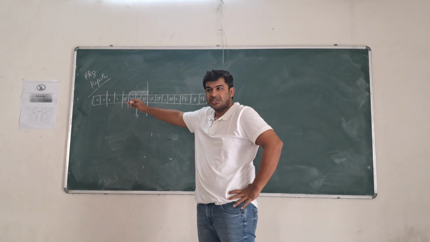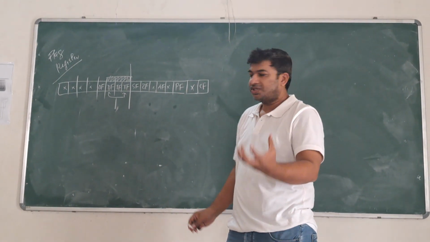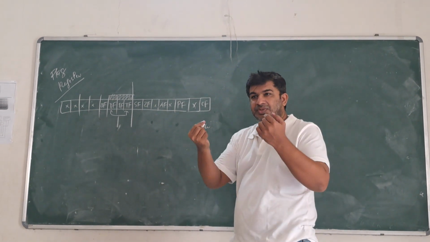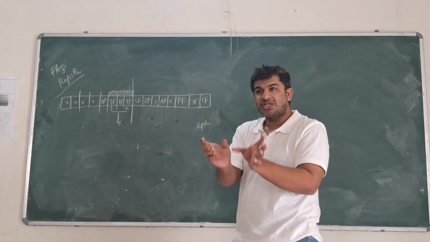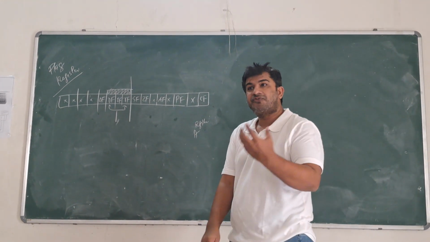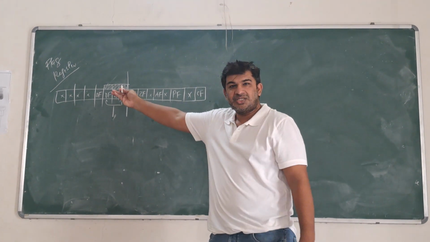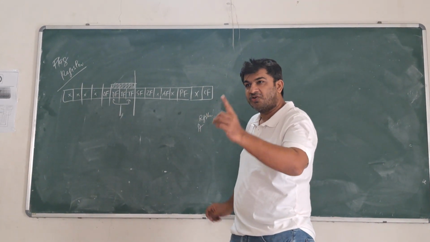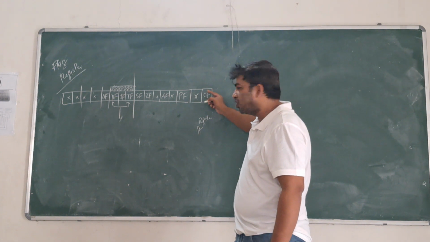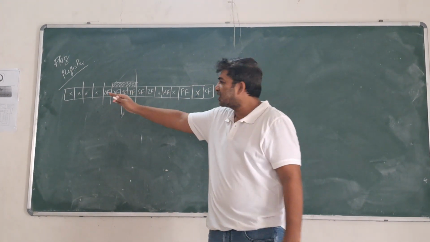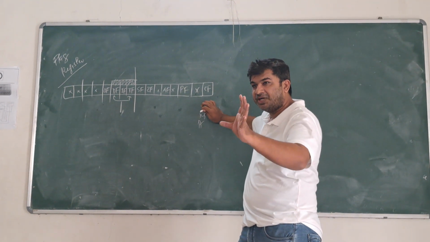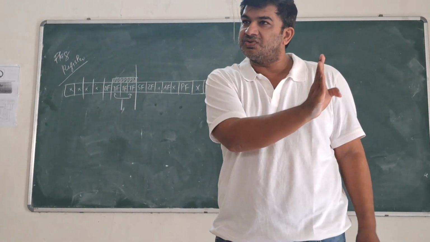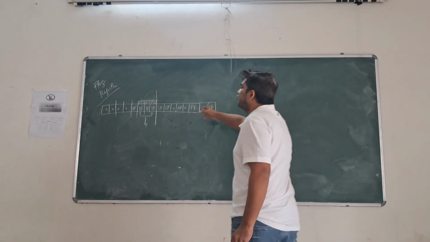In a register, I hope in digital electronics you have studied what a register is. Register is a thing where you can store some data. How are we storing the data? Using flip-flops. If it is a 16-bit register, it contains 16 flip-flops. One flip-flop can store 1 bit of data, 0 or 1. Another flip-flop, 0 or 1, like this. So there are 16 flip-flops which can store 16 bits of data. So this is the 16-bit flag register. There are 16 different locations, and each location can work differently.